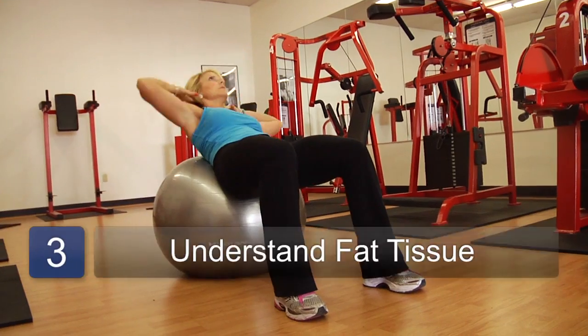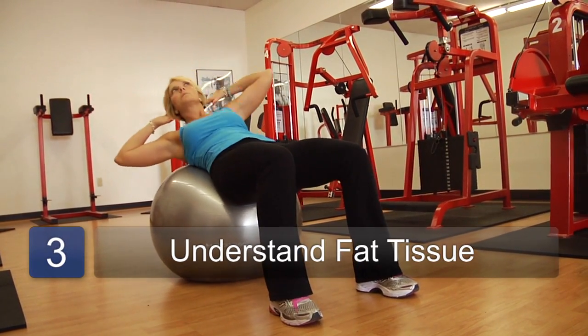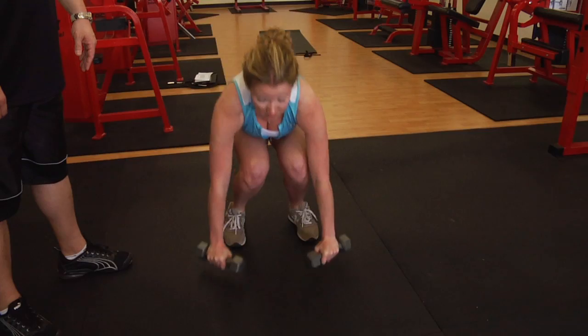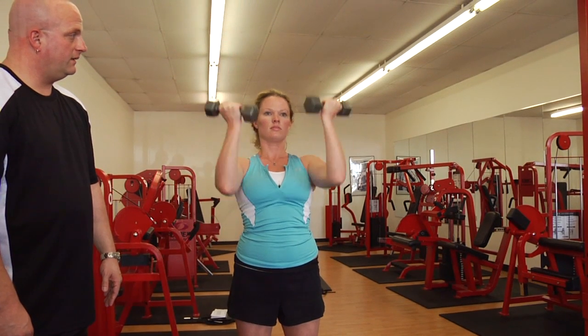When you're burning fat tissue, there's a couple of things that you have to take into account. First and foremost, what is fat tissue? Fat tissue can be made up of a couple of different components. Tends to be brown fat and there's yellow fat. Brown fat a lot of times is the fat around our organs. We want to make sure that we get that fat reduced, especially because it's going to cause the biggest health